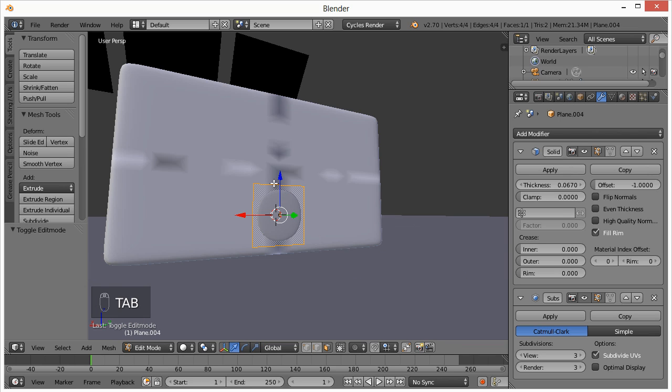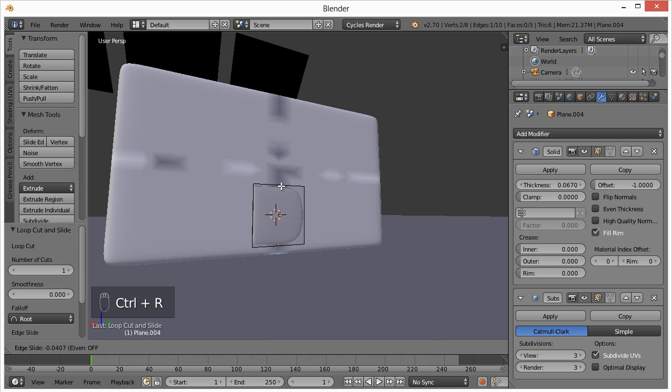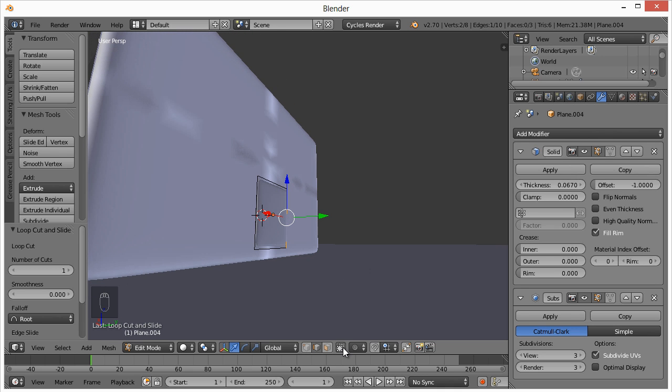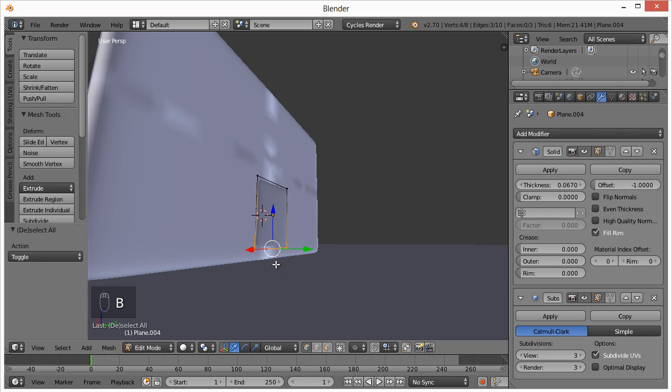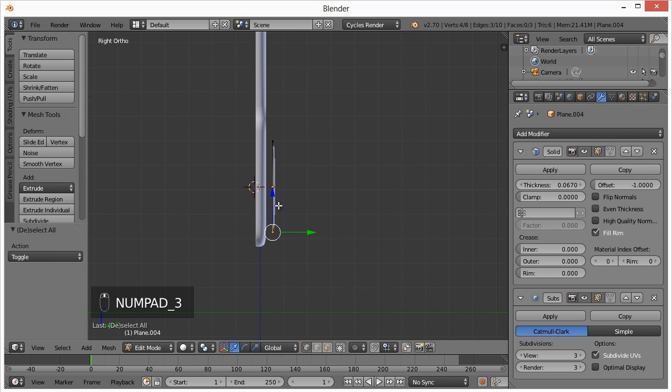Hit tab, and we're going to hit Control R, and left click and move it to the left, Control R, move it to the right, and left click. Then we want to make sure back faces are turned on, vertex select mode, hit A to deselect, B, and now we can start extruding. So to extrude something, you hit E. So if we hit 3 on the number pad, we'll go to the side view just to see what this thing looks like. So E,